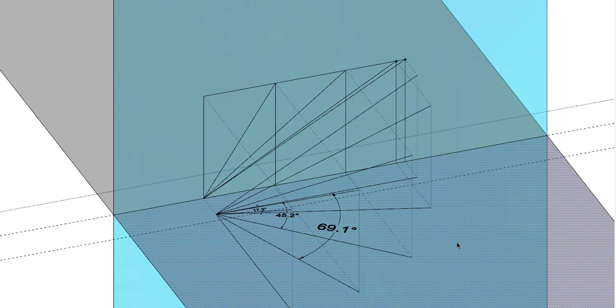So this is something to note, which means that if there is a line and it has a fixed inclination with the horizontal plane, and you keep on increasing the inclination with the vertical plane, what happens is that the front views of all these lines, whose inclination with the vertical plane is kept on increasing, will lie in a straight line parallel to the xy line. That is, the front view of the top corner will lie in a locus.